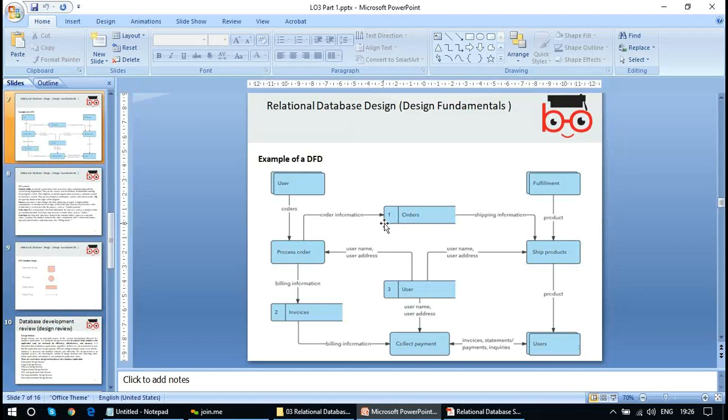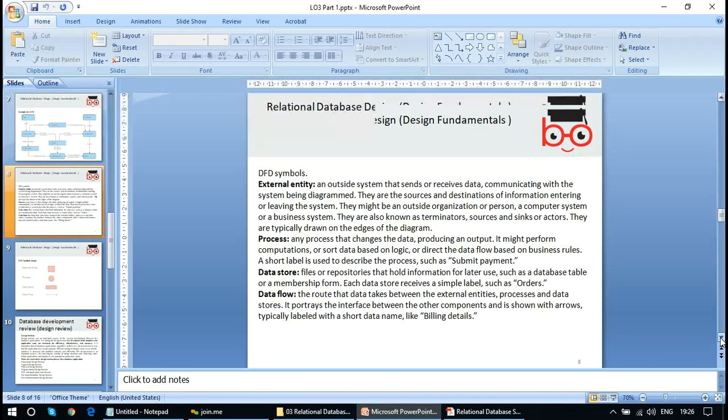So the directions are important: who's storing the data, which one is the entity, and where the process is going on. Okay. So now